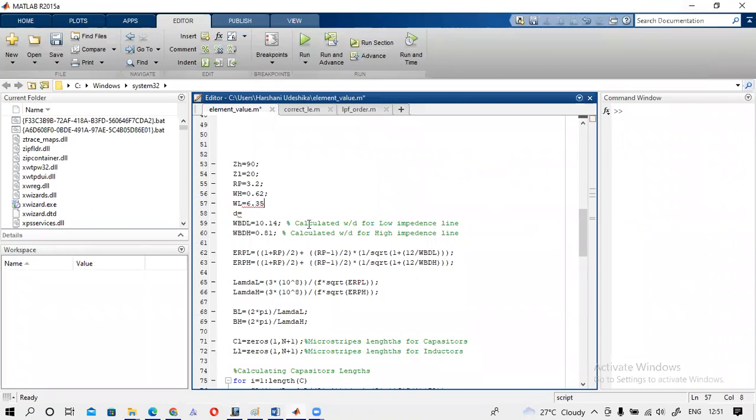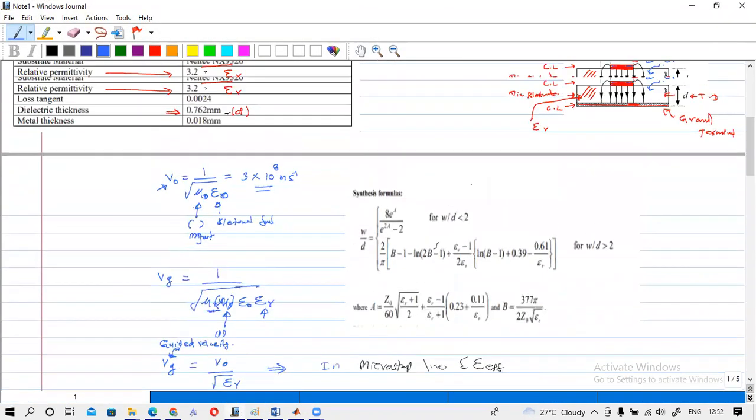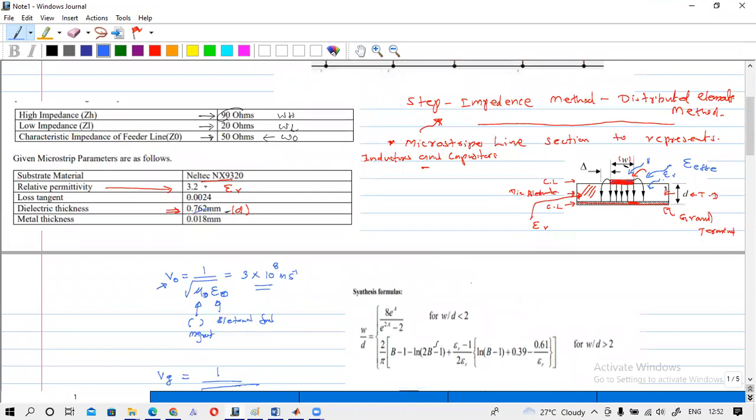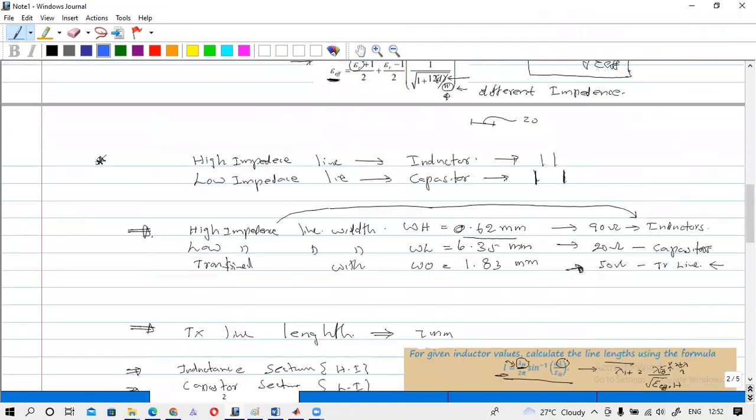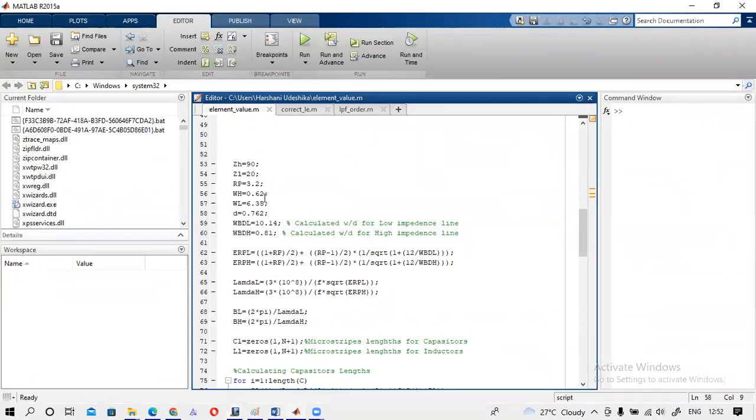6.35, that is WL. And what is the distance? That is 0.762. Let's check. Yeah, it is 0.762. And 3.2, 90, 20, 0.62, 6.35. So we have entered all the values: 90, 20, 3.2, 0.62, 6.35, 0.762. Now you can change this